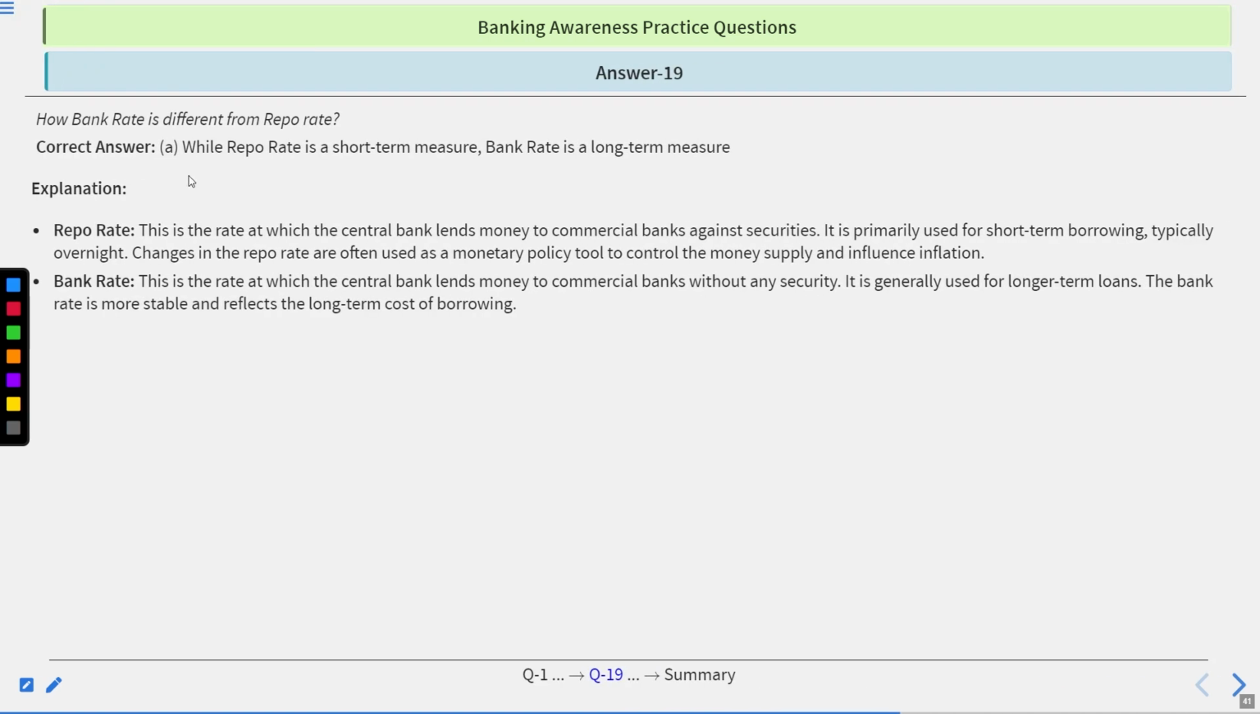Time's up. Correct answer is A. While repo rate is a short-term measure, bank rate is a long-term measure. Explanation: repo rate is the rate at which the central bank lends money to commercial banks against securities, primarily used for short-term borrowing, typically overnight. Changes in the repo rate are often used as a monetary policy tool to control the money supply and